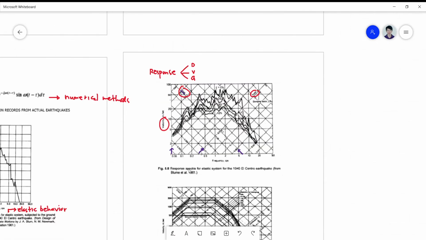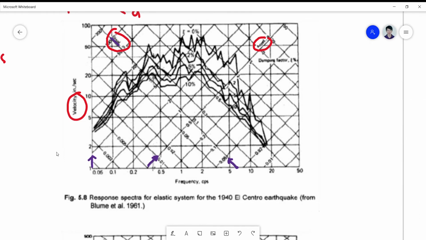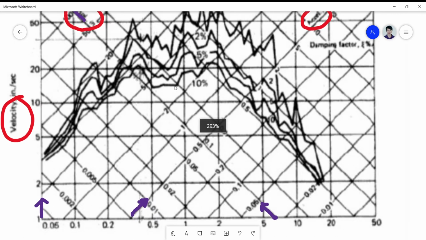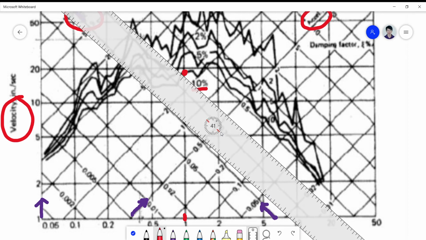Okay, so here's the figure. Okay, so in figure 5.8, we choose the 10% damping. It's not as clear. Okay, so this is the 10% damping, and ang ating period, ang ating frequency is 1. Okay, so frequency natin 1. So dito tayo, we mark it, and then we go up and strike the 10% damping. Okay, and then from here we set our straight edge to get the